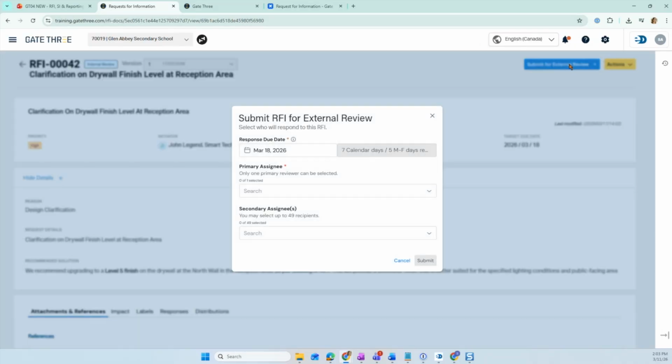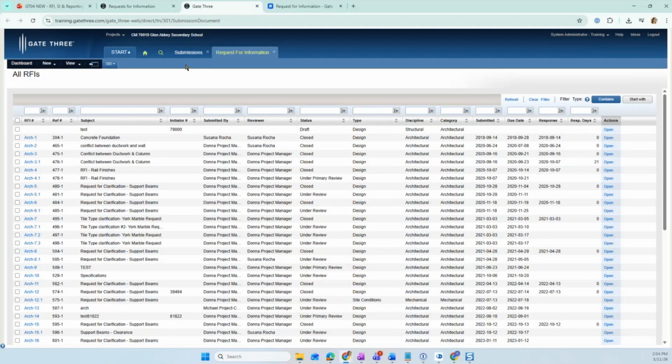Just one quick question regarding the attachments. So you said that once saved as a draft, you can no longer edit the attachment that you had originally attached. Is that correct? Sorry, say that again. If you saved it as draft. So when you were creating your RFI, you attached a document to the RFI and you said as soon as you save it as a draft, you can no longer remove that attachment. Is that correct? Yeah, let me just go back because I find the messaging's a little,